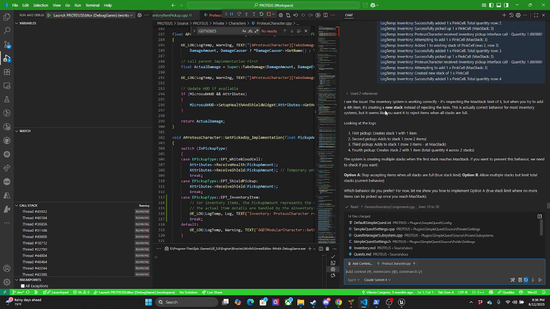Do I want to make a new stack, split the stack into another item, or reject it? We're not building a full-blown crafting game here. So I'm gonna tell it to reject it.